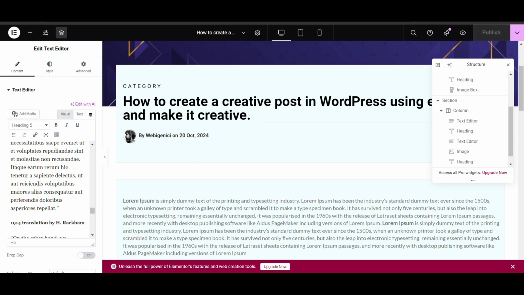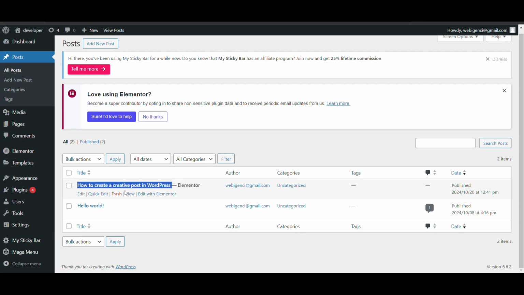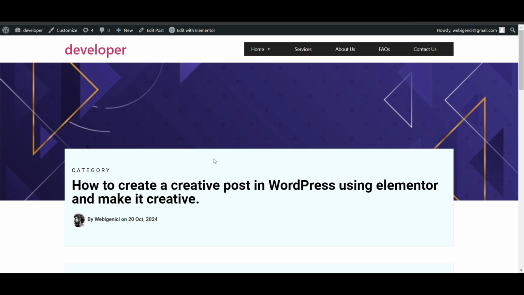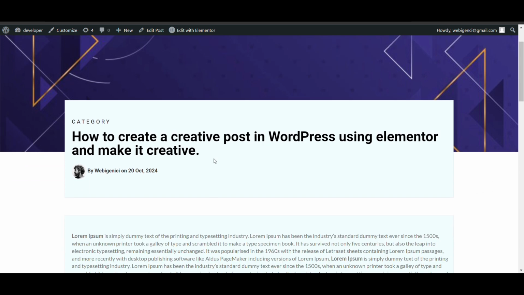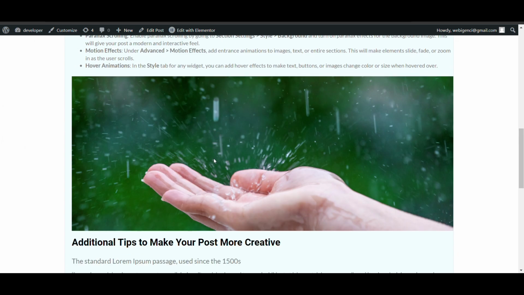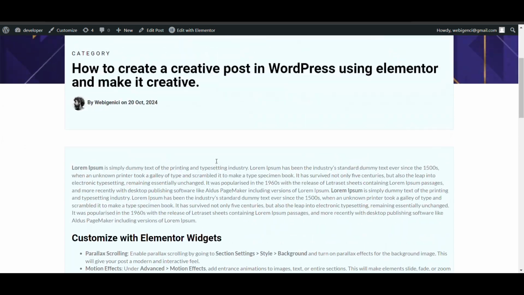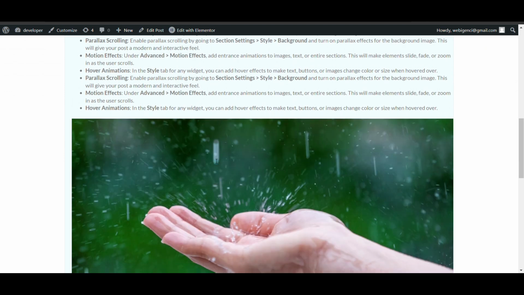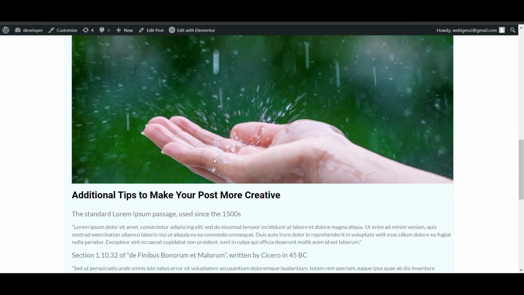Here you can see this is my overall blog post. I don't want to write much more. Let's see how it will look. Okay, let's go to the front end. Here you can see it's looking much better, more creative than a basic blog post.